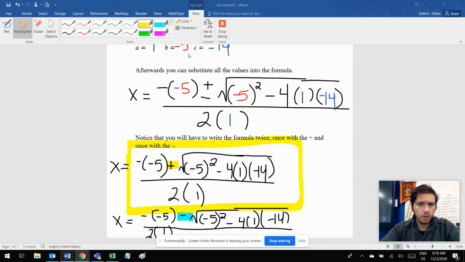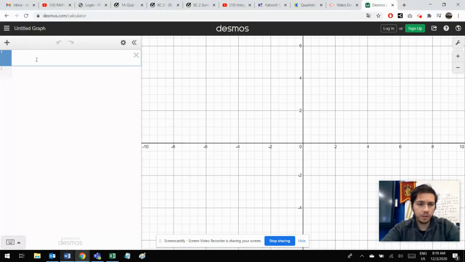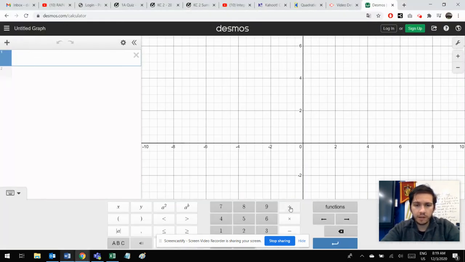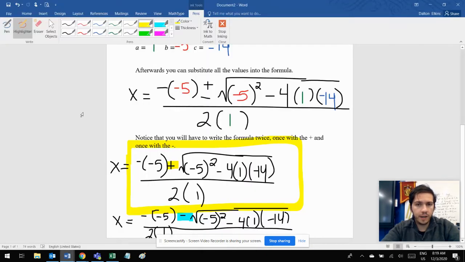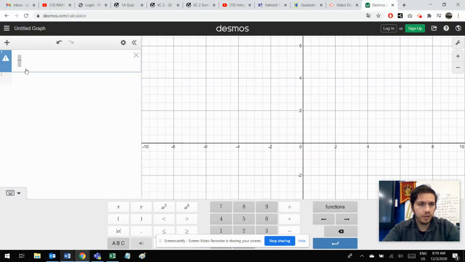So the way we start out is I want to start out with a fraction. So I'm just going to hit the divide button. I think it's important to start with a fraction. That way you have the top and the bottom. So, okay, we start off, we have negative parentheses, -5. So I'm going to go here,